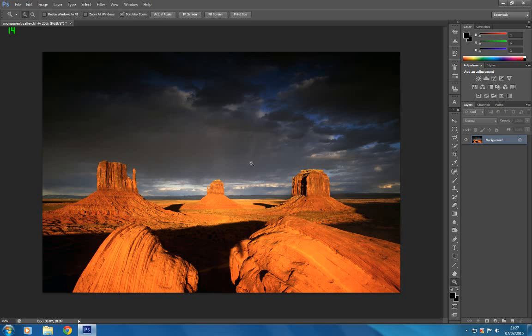So again, just a quick little demonstration for you. Give it a go on your landscapes, any skies that are washed out. It can be equally used on foregrounds as well as skies. You can introduce two layers there. So give it a go, and I hope you've